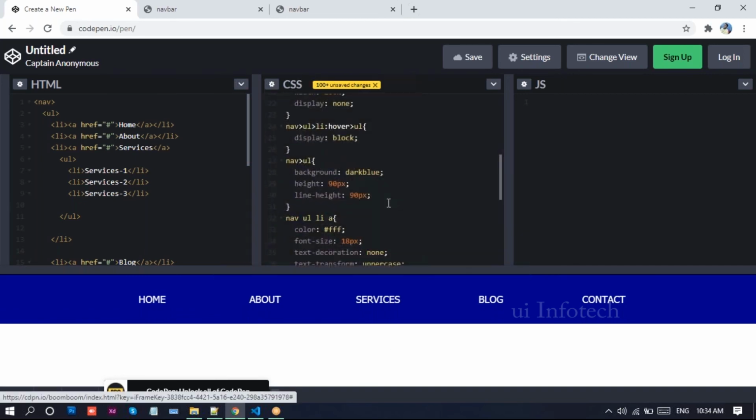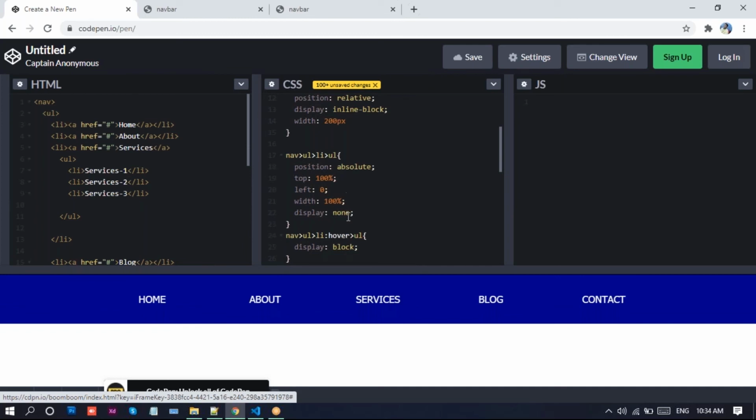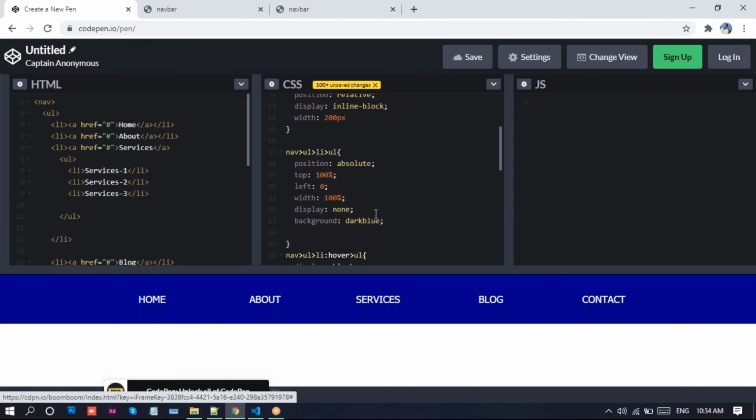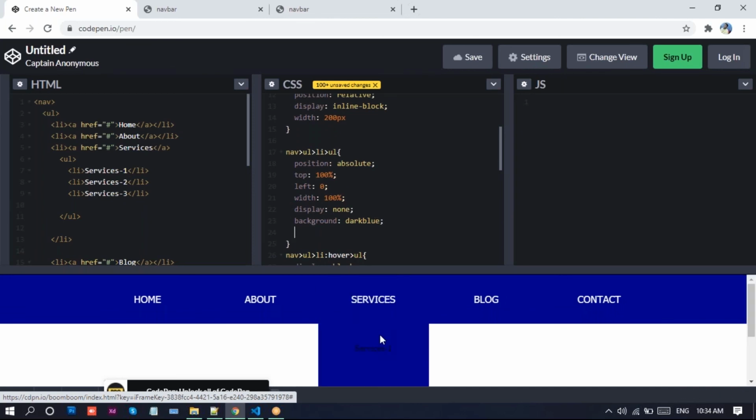See, we need to apply styles for the drop down also. For the drop downs, go to this one here and write background dark blue,